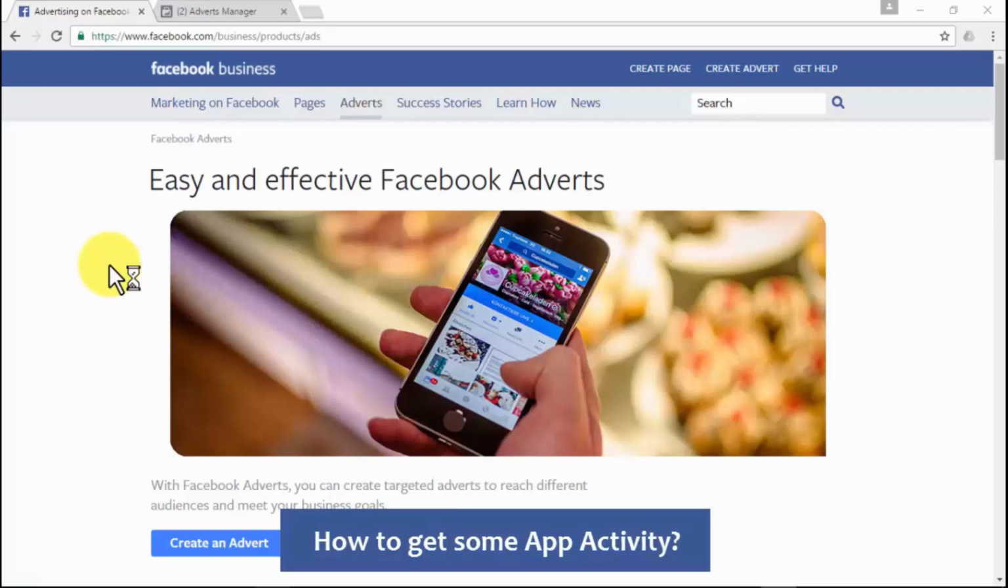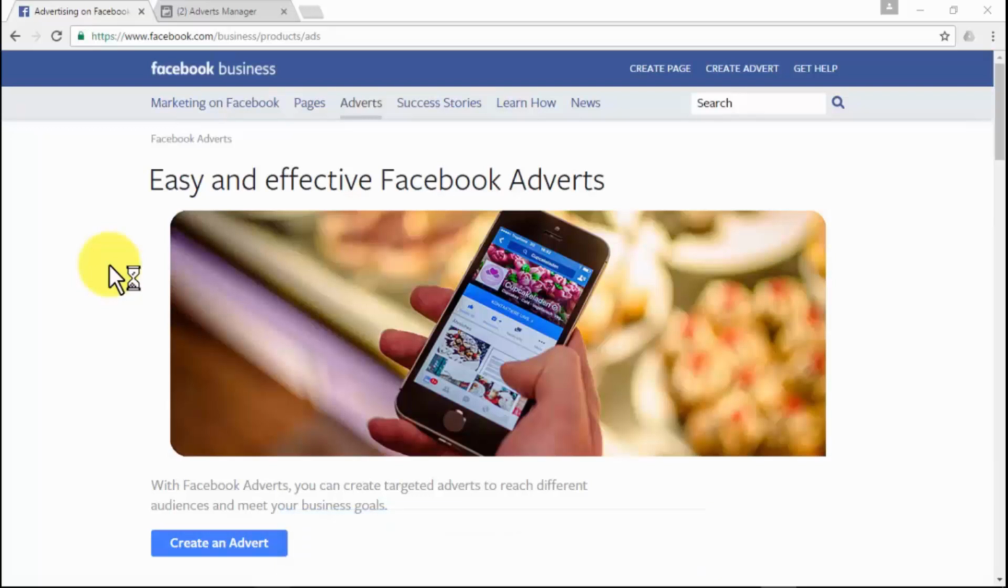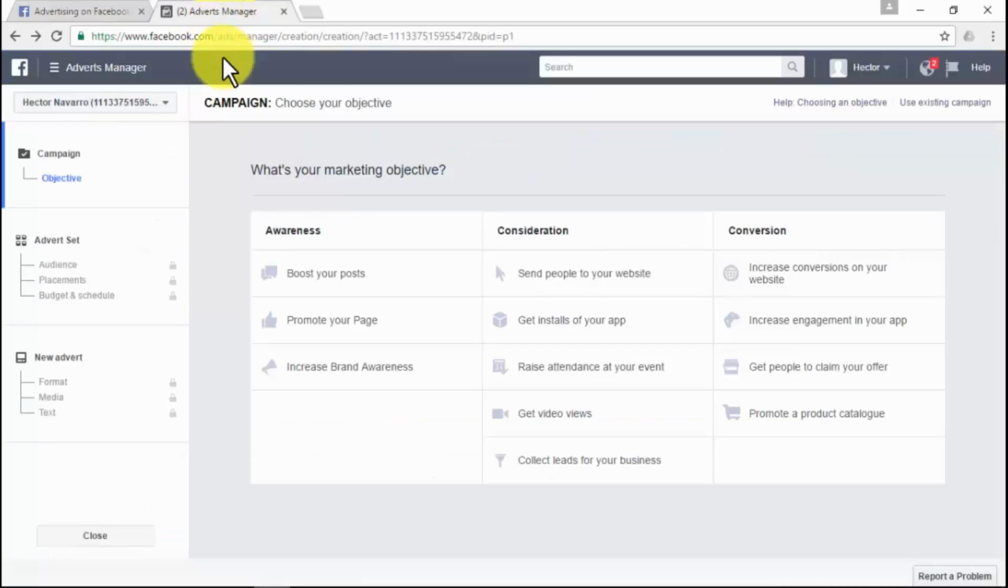How to get some app activity. Just like with your website, you'll need to send traffic to your app. It can have activity before you set up your ad remarketing campaign with Facebook. Facebook ads offer you special advertising activity exclusively for apps. I'm pretty sure you already know how Facebook ads work, so you'll already have a Facebook ads account set up. You can go straight to